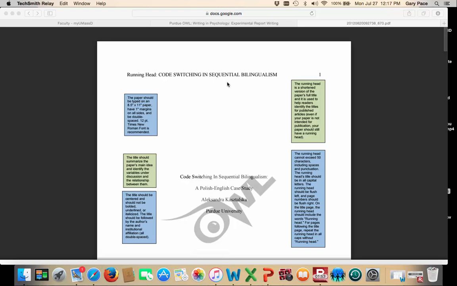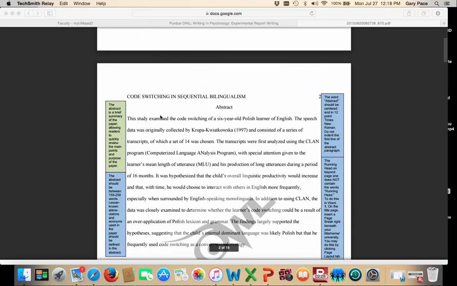And on the very first page, you start off by writing in running head, colon, and then capitalize the shortened title. Now you'll see that the running head can't exceed 50 characters, and you'll see that it will be on every single page of your paper,